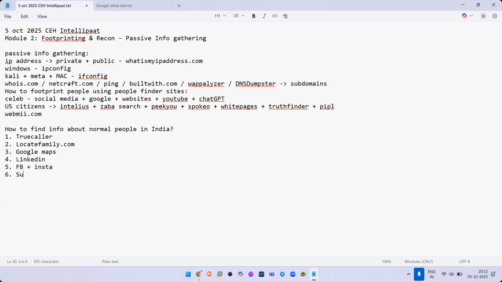You can even go to platforms like Sulekha, India Mart, Yellow Pages. You can go to a lot of platforms. You can search on real estate sites. You can go to tools like job portals.